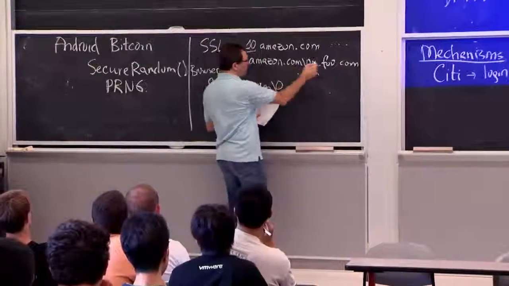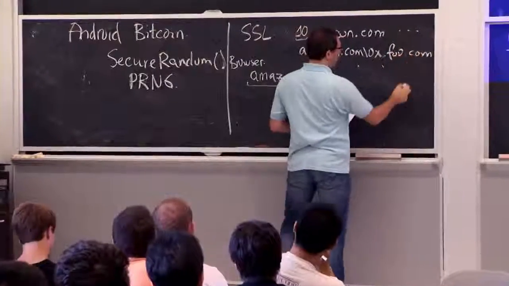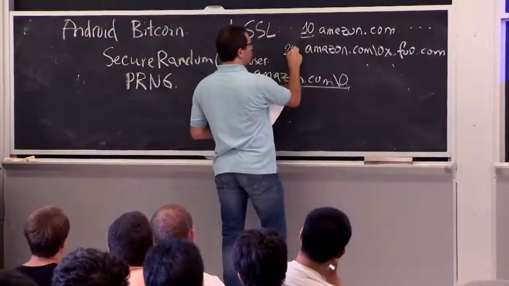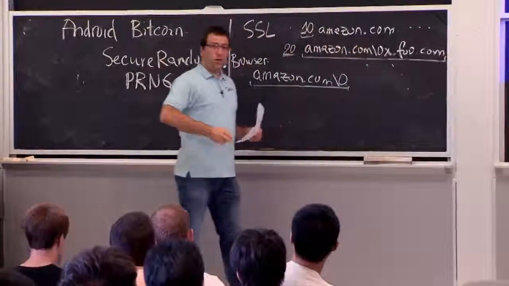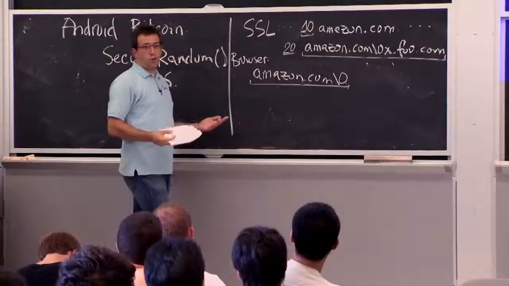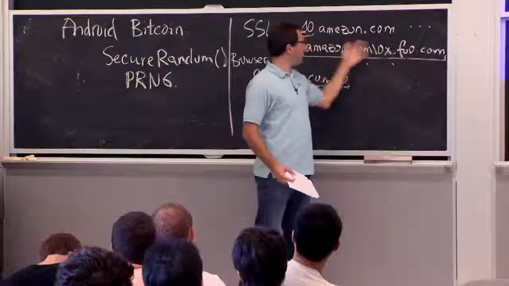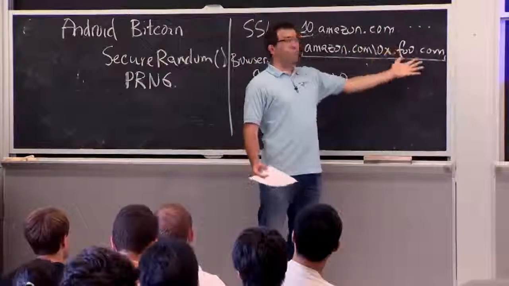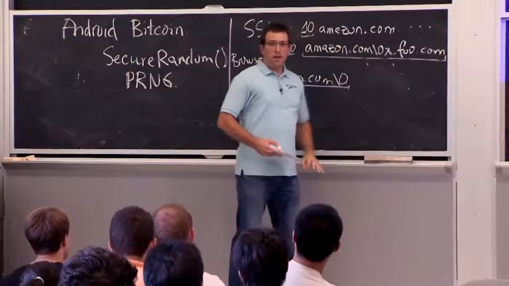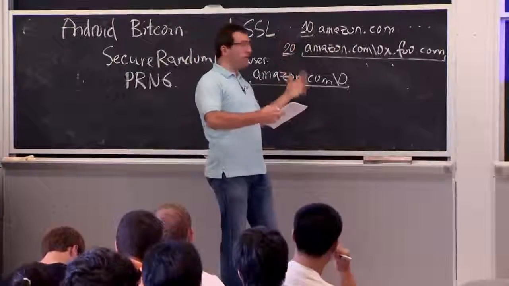It has a bunch of bytes. I guess it's 10, 11, 12, 13, 14, 15, 16. There's another 4, 20. So this is a 20-byte name with these 20 bytes. It used to be that if you go to a certificate authority, in many cases, you could say, hey, I own foo.com. Give me a certificate for this thing. And they'd be perfectly willing to do it because it's a subdomain of foo.com. It's all yours. But then when a browser takes this string and loads it in memory, what it does